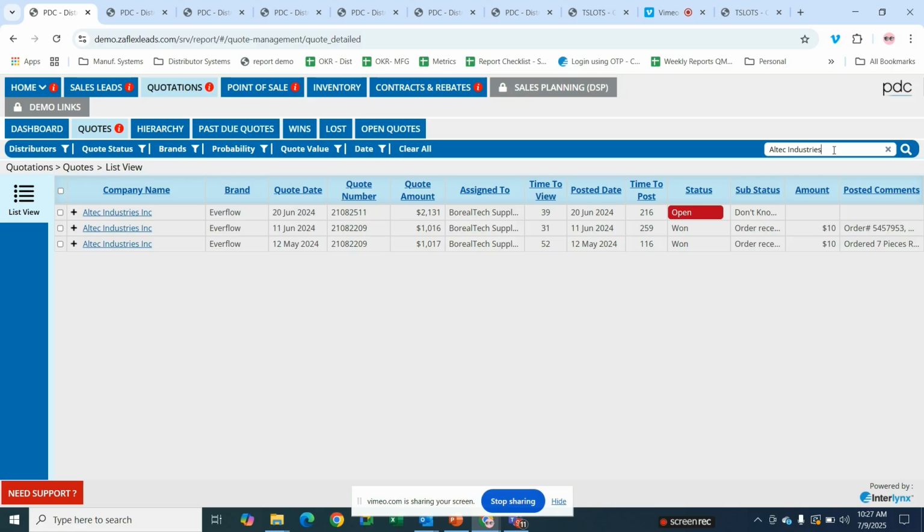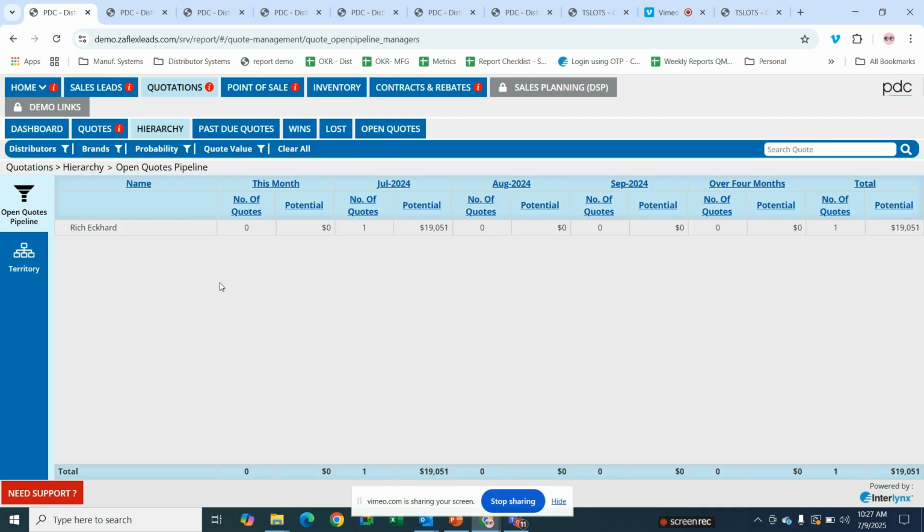And then if you want to follow up again based upon the prior feedbacks, you can talk to that customer and find out if that's win or lost. That can help you to identify the history of the same customer. Okay. Then we have the hierarchy tab, where you can see all the information of the quotes updates made to